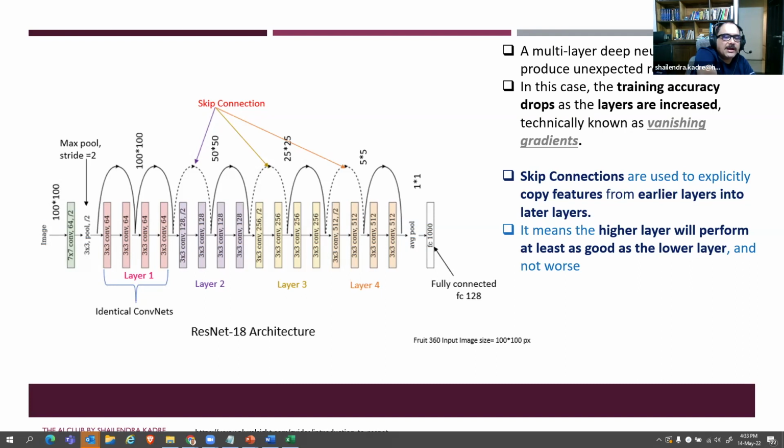But there is a shunting also. There is a bypass also going on. So there are a lot of bypass connections here. There are a lot of skip connections here. That means if any of these blocks doesn't perform properly, I'll directly jump over that block and go next. So this was one of the very innovative architectures, a very simple idea, but in neural networks it is